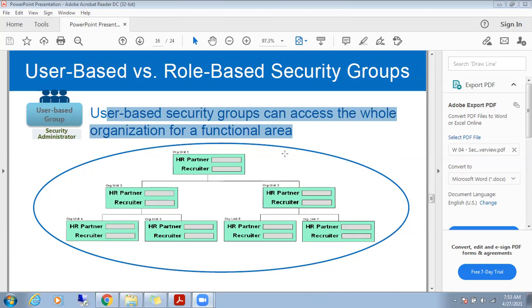You may be in different departments. You belong to the IT team and work on different projects. Shilpa will be working in a different team. But I'm a super user. I can act on both of you. I can look into both of your accounts, right? Yes. So the security administrator will be on top of all your projects, and he will look at what issues you are facing. That is nothing but user-based security groups. Clear?